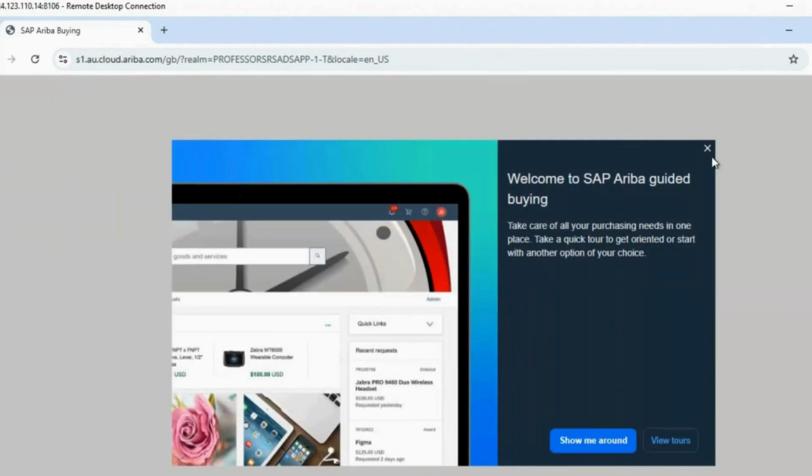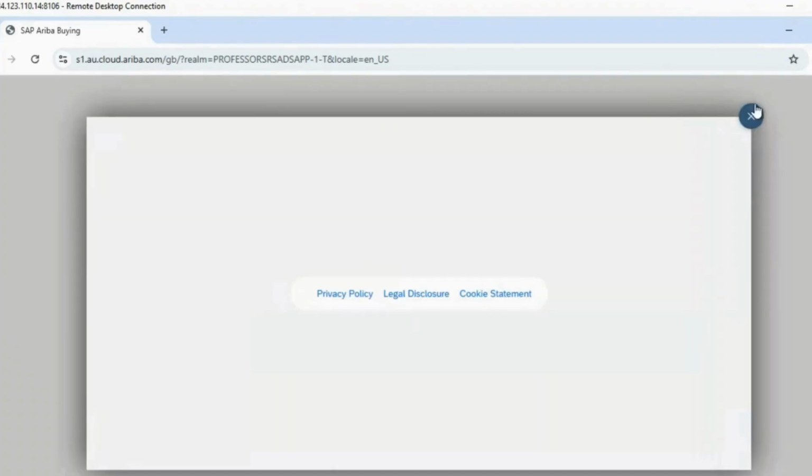In guided buying, you can search for your goods in the catalog and with just one click submit for the requisition. Once it is approved, you can work on it. Other than that,